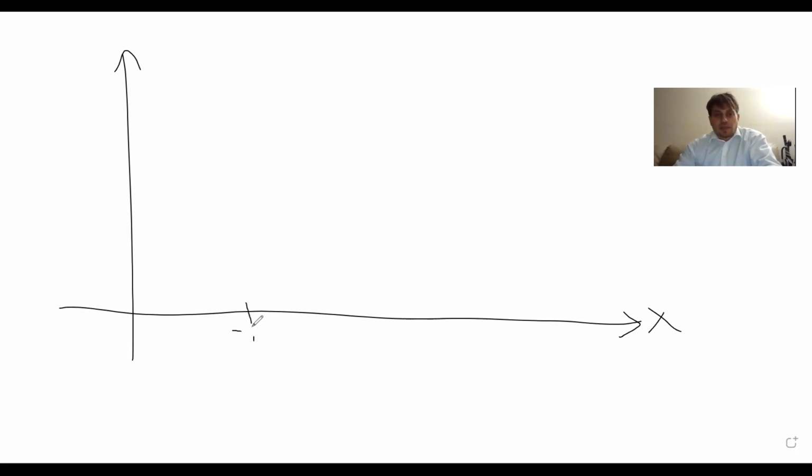I'm going to label some things in here. That's going to be -1, this is going to be -2, this is going to be -3. You don't have to have this. This is 0. And now I'm going to make that 0, this 1, this 2, this 3, this 4, this 6, and so forth.